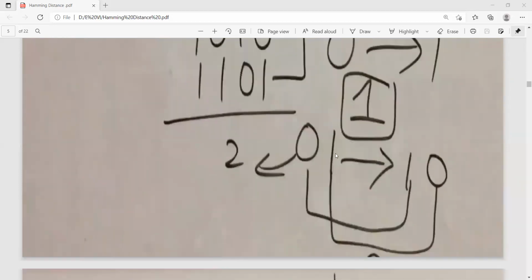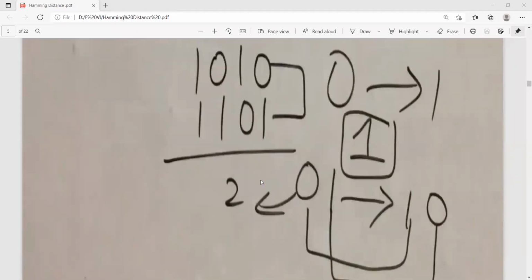Then like this, let us assume 01 is becoming 10. That is, this 1 is becoming 0 at the lower LSB position, and this 0 is becoming 1. So for this one error, for this another error, therefore there are 2.